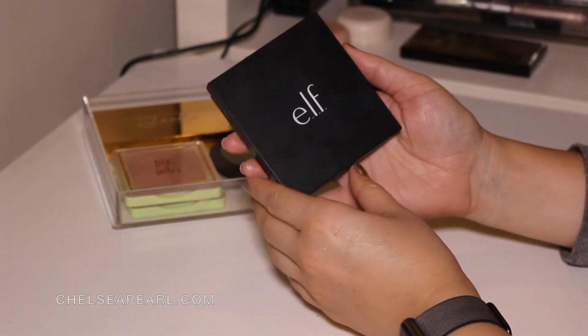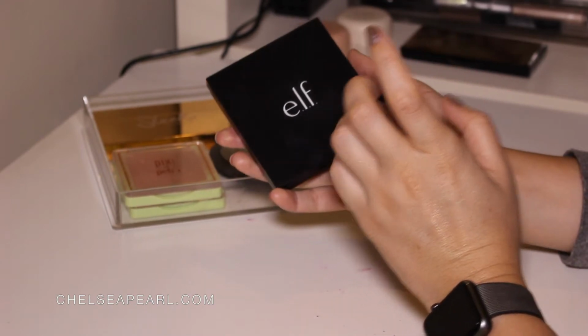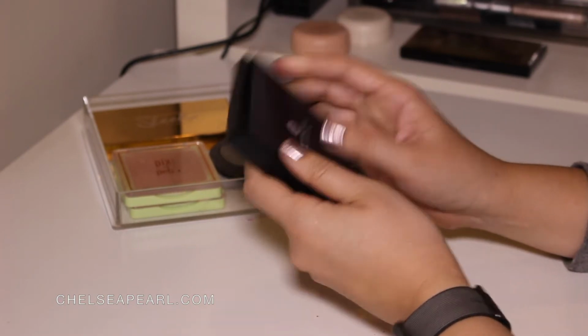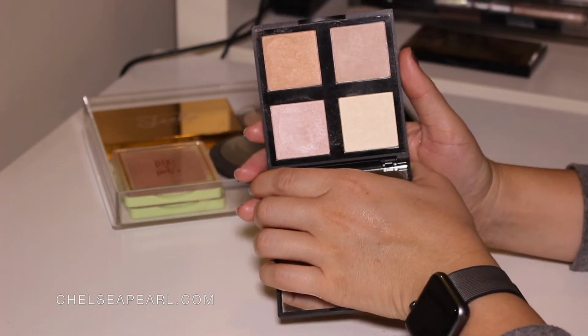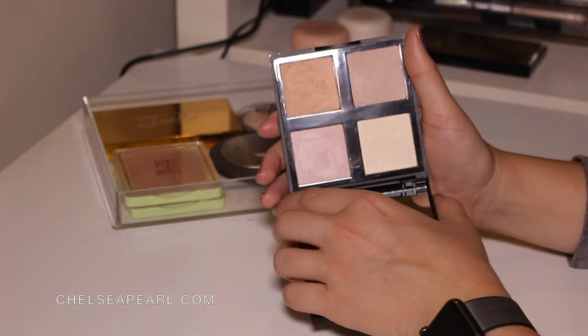Alright, next up we have this palette from e.l.f. And this kind of is one that went from my setting powder drawer to my highlight drawer because I wasn't really sure where it fit in. This is the Illuminating Palette, and it's definitely a great bang for buck. You've got 4 powders in here and a huge mirror, so it's very handy,